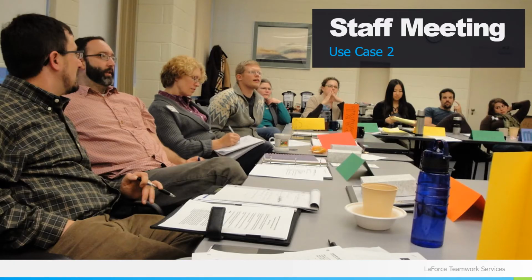So now let's look at the second case, doing status updates during a staff meeting. These aren't really tied to any project. They're more commonly thought of as an opportunity for people to tell each other what they're working on, and maybe to do some sort of collaborative problem solving. Here's the bad news. When you do this in your staff meeting, most of your team members, well, they don't really care what anyone else is working on unless it directly affects them. And most of the time, unfortunately, it doesn't.